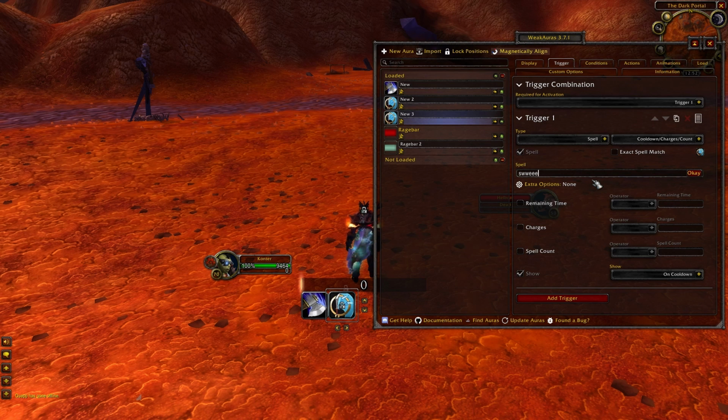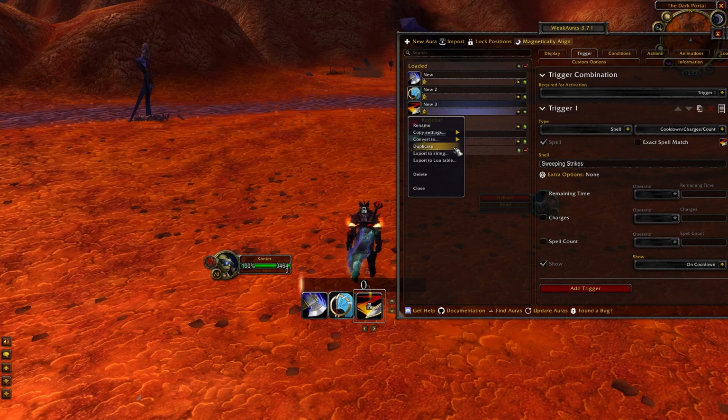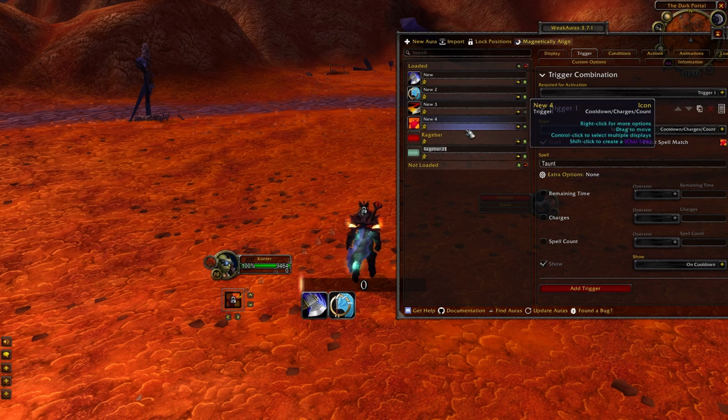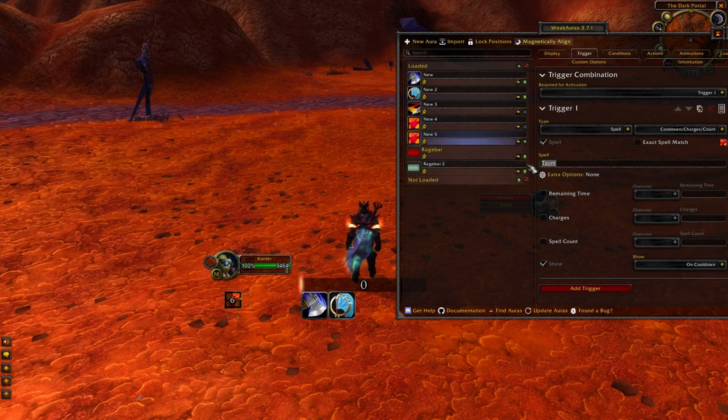Sweeping Strikes, and yeah, put them here. And then I created one new that is for a little bit of smaller cooldown, like the big cooldowns, not the ones that is for rotation. And I, for example, typed in Taunt, and then I copied this, made a Mocking Blow, is it spelled like that? Yeah. So then you can drag them around, put them anywhere you want, and this way you build your interface